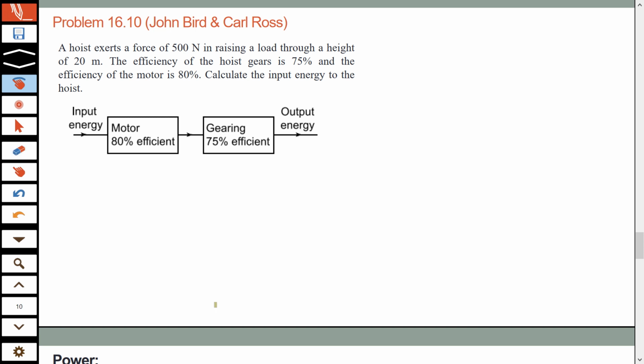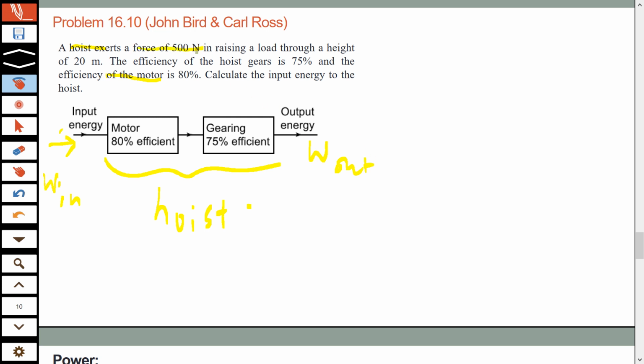You have a hoist which is run by a motor. So this is your hoist and it is taking energy from the motor. ये मोटर इसको एनर्जी दे रहा है। Because electrical energy is work, we can say there is work input. Work input is here, and then it has work output as well,